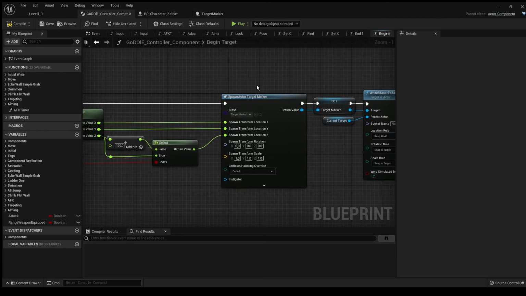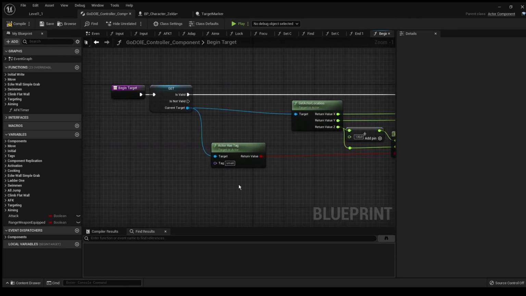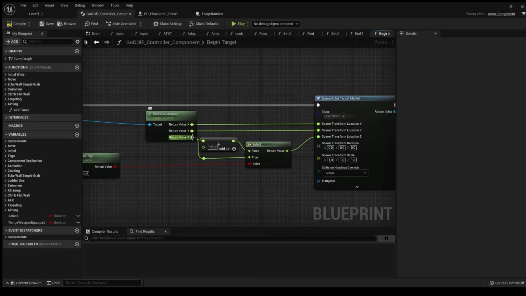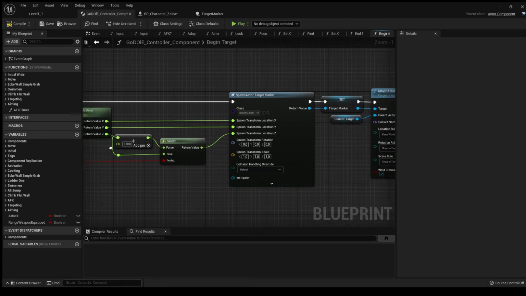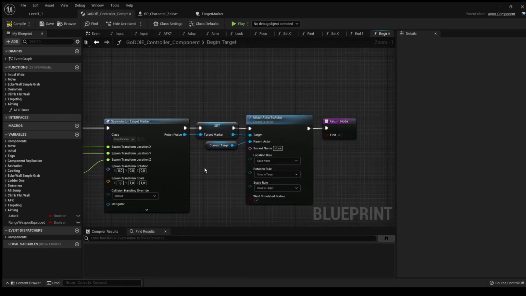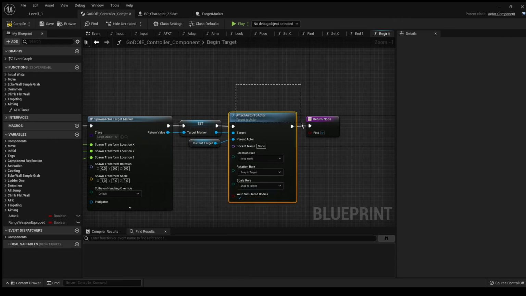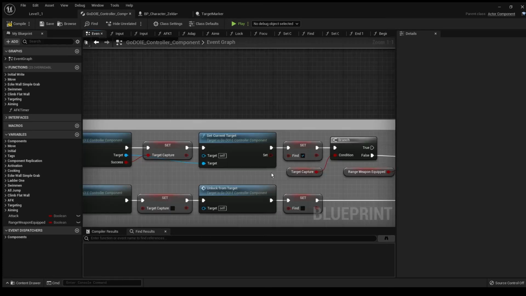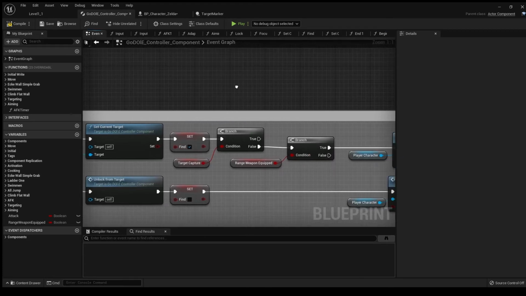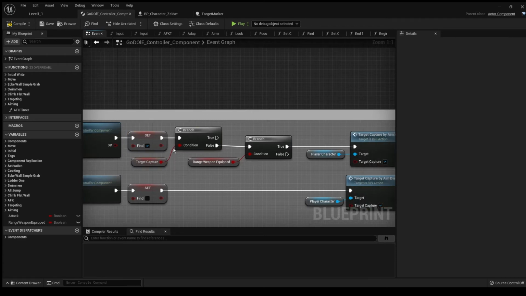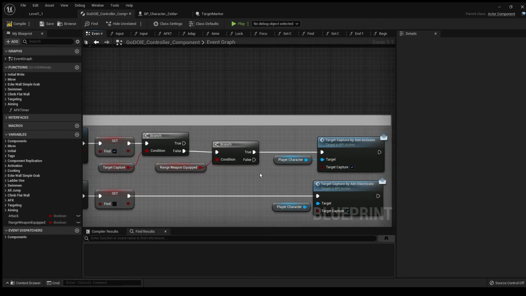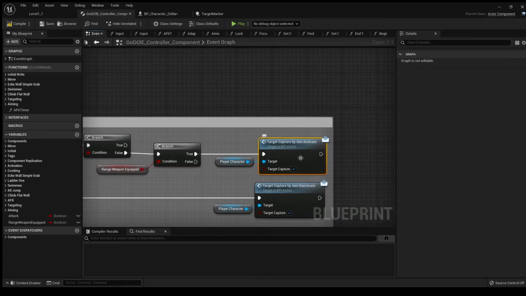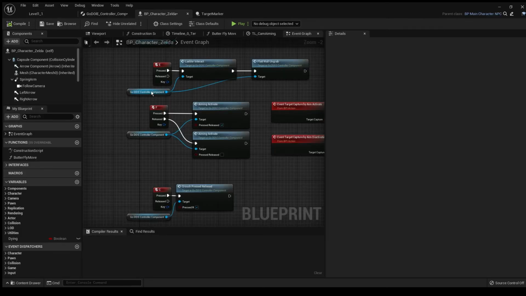We spawn this targetable actor in the same way. So if we have one tag, if this tag is small, when we select and take our point in the middle where our target is, then we write this in our variable and attach actor to actor keyboard target. Okay, and we set this to find target was capture. If target was false, then we can check range weapon, and then we send our info to our char actor